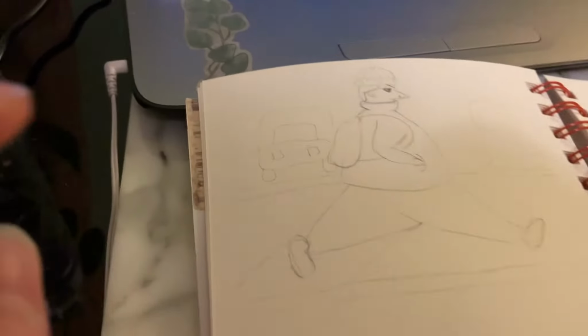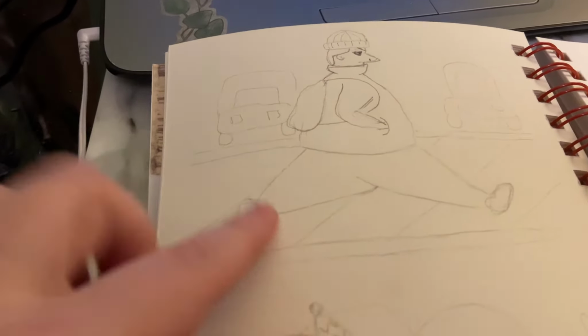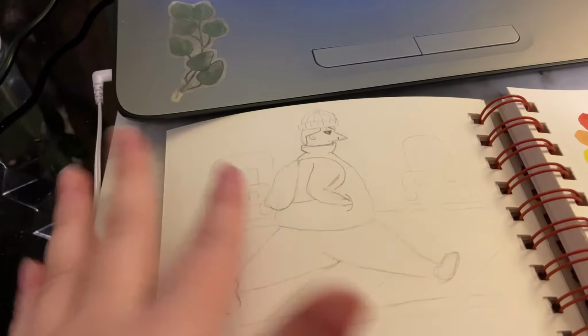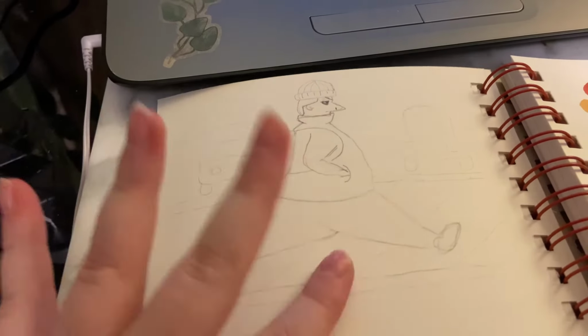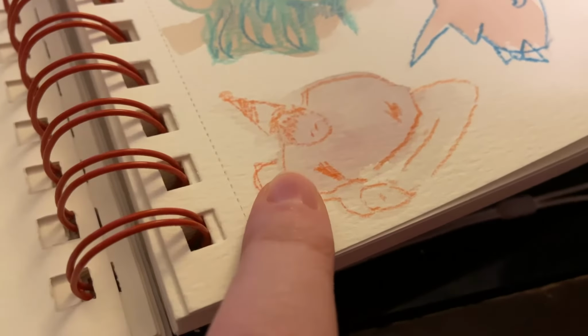Anyways, and I made this guy that's kind of crossing the street. I don't know if I like it. I might switch the background to something else, but for now he's crossing a street. He's got a very large nose. Yeah, and then I took this guy that looks like he's stretching and he's got a birthday hat on, and